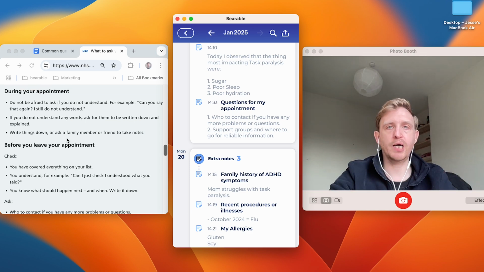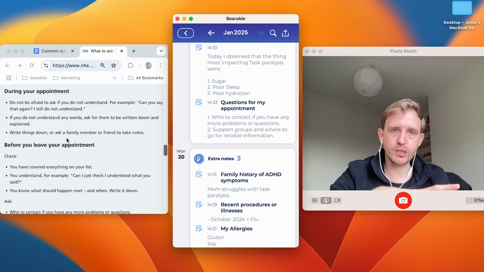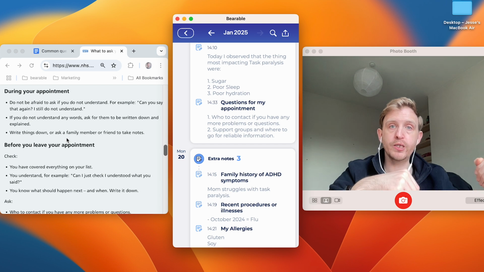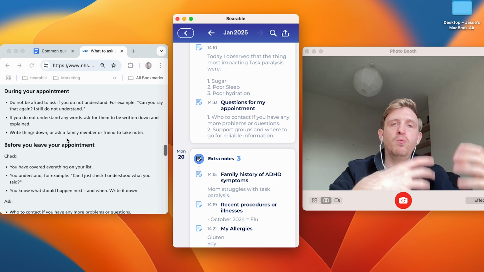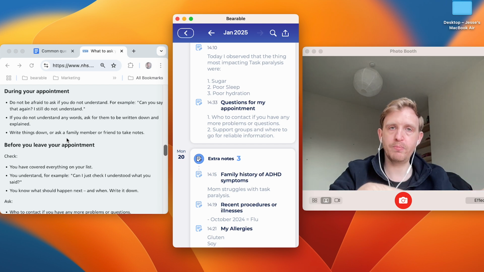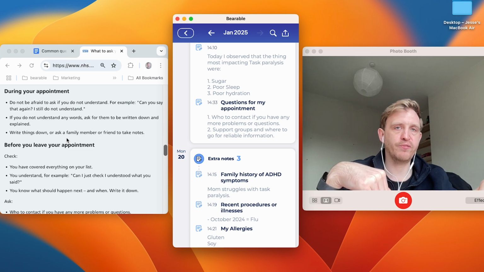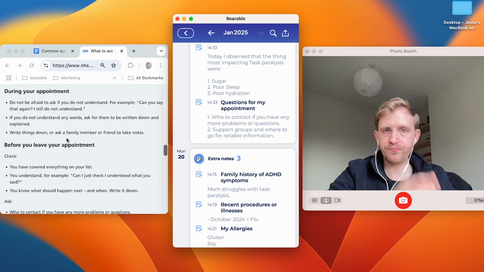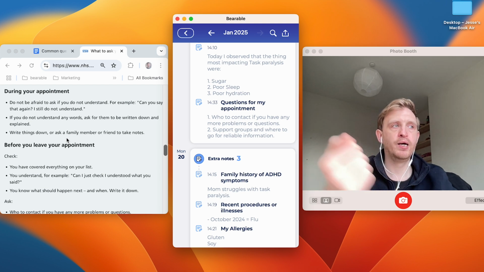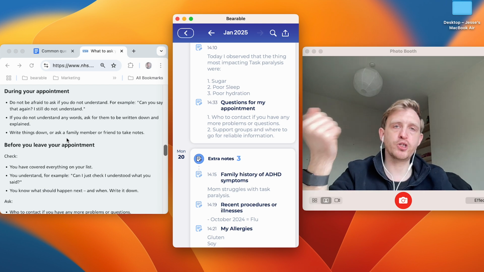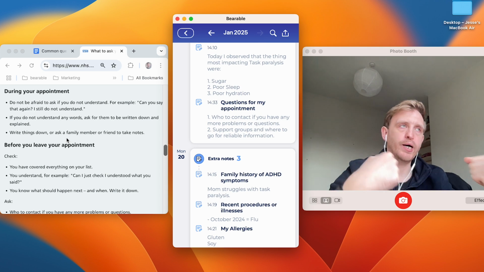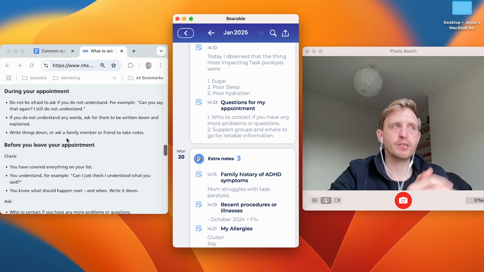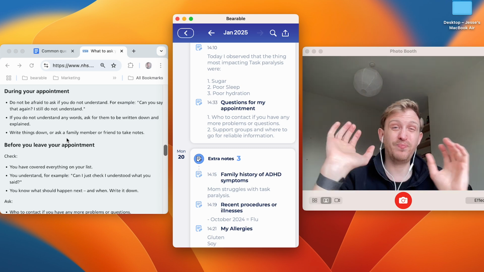Make sure to take some time before an appointment to write down the questions you have, to clarify why you're going, the supporting information that you need to justify why you're worried about a symptom, the things that you think might be impacting it. Have all of that information available either in the app, in your notes, screen grabbed and printed out in a Word doc of some format. I think just having a really clear picture of what you want to get from your appointment, why you're there, the questions you have, what the next steps are, that's all the important stuff. So being very focused and very prepared is useful. This is kind of how you do it.